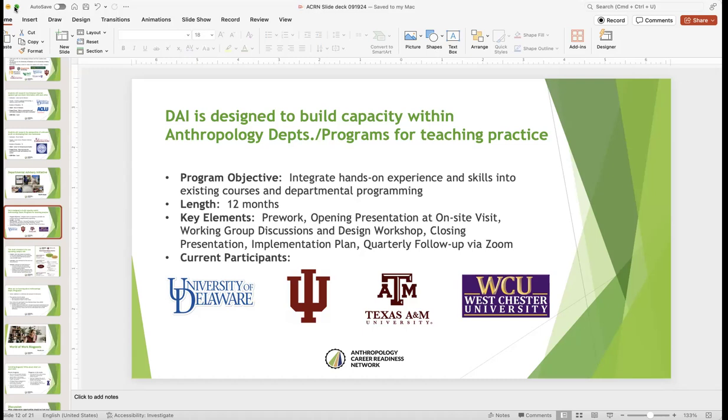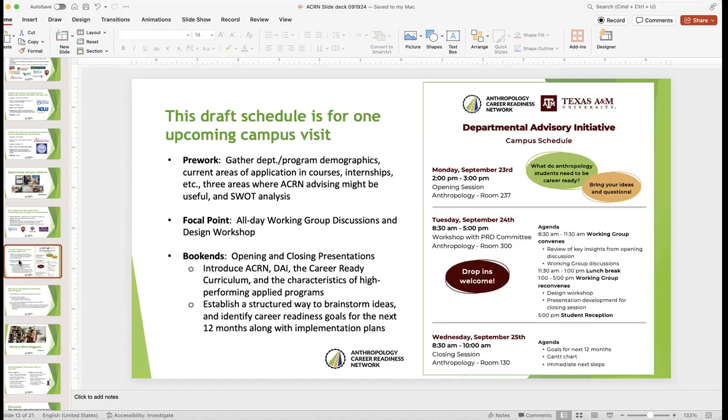And then we set up quarterly follow-ups via Zoom. So Delaware was the first, IU was the second, A&M is going to be the third, and then Westchester is the fourth. What I'd like to do, if you can go to the next slide,